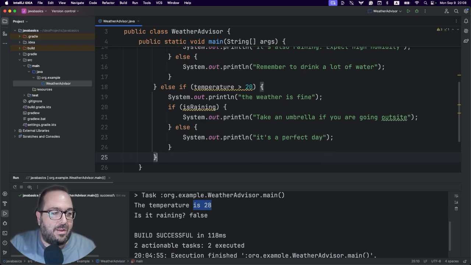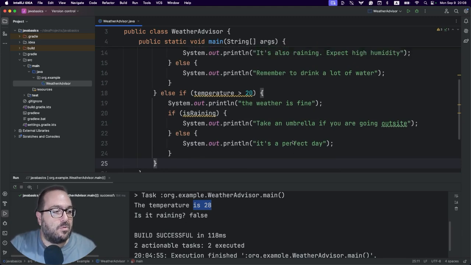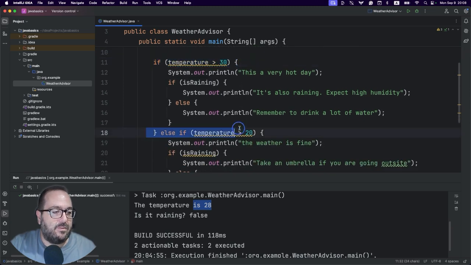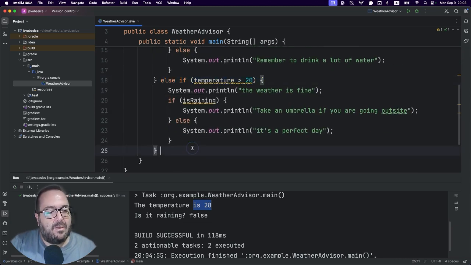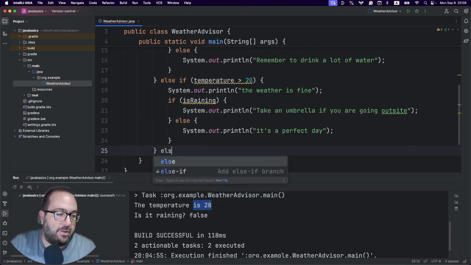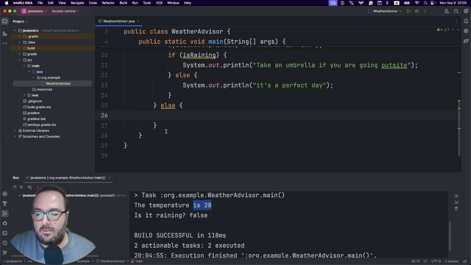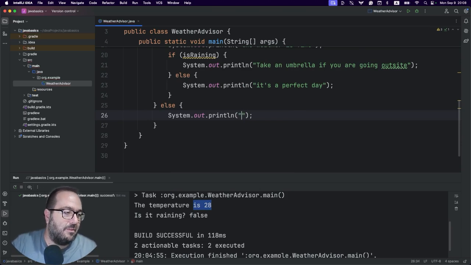And let's have one last condition. So we have checked the temperature if it's over 30 in line 11, if it's over 20 in line 18, but let's have an else, so for anything else than that. We can say, okay, it's kind of cool today. And again, we need to check if it's raining or not.